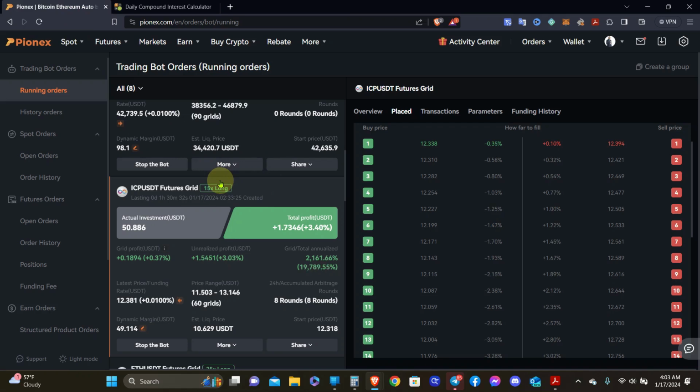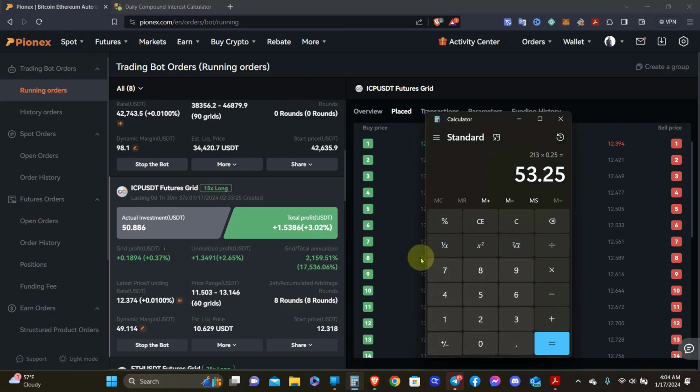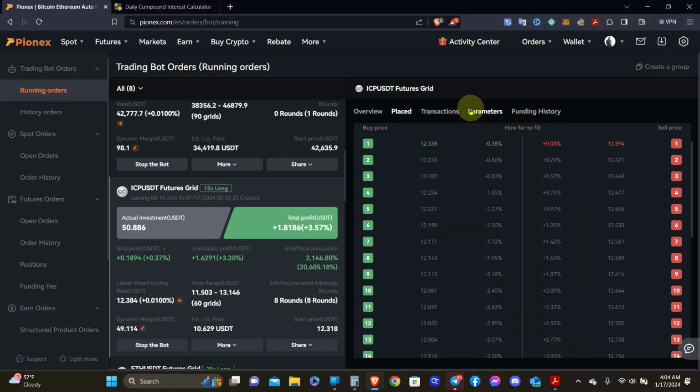And I'll be looking for an average of 2% per day, something like that. Let's say I could put $40,000 over here, and if I'm able to average 2% per day, that's $800 per day. Times 7, that's $5,600 per week. For the month, that's $22,400. Then for the year, looking at $268,800. That's the reason why I'm trying to get this up as high as possible, as fast as possible,